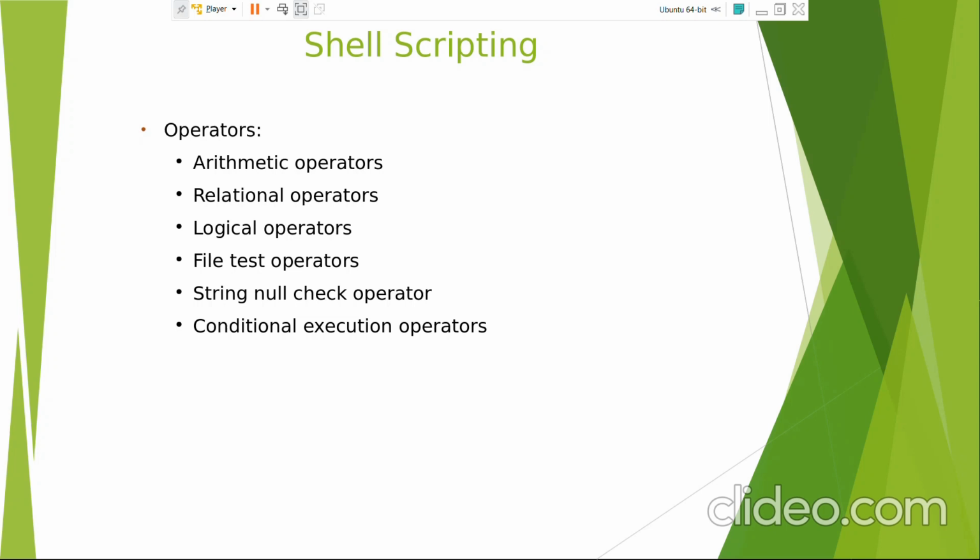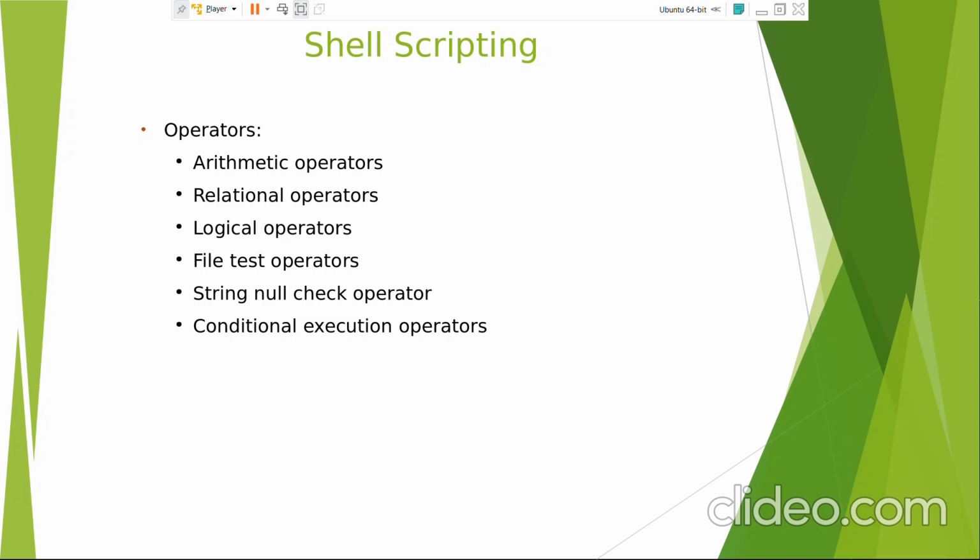With relational operators, we will be forming relational expressions. Like when we want to check, given two operands, whether the first operand is greater than the second operand or less than the second operand, such operations we can perform using the relational operators. Logical operators are like not, and, or. When you want to combine two relational expressions, you can do so with the help of logical operators. Or when you want to negate a relational expression, like if not A greater than B, such kinds of expressions we can form with the help of logical operators.